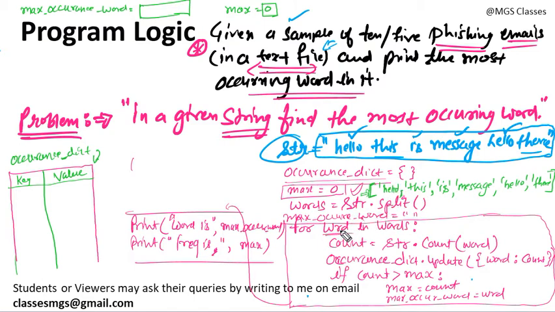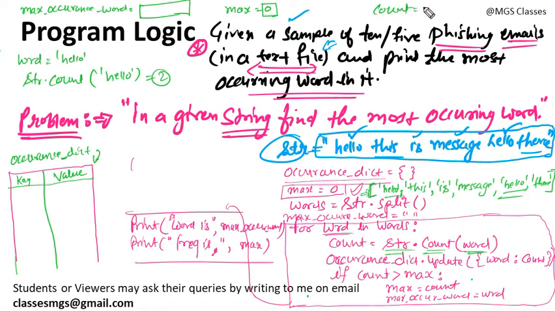You should know how to iterate this list. So first time hello will come in this word wrd. So wrd will become hello first, and then you are going to call str.count word. So with str.count, you are essentially counting hello. How many times hello is repeated in this string will be returned by this count method. You need not worry about how it is going to calculate. It will return 2, because it is occurring 2 times, and we are going to store that in the count variable. So your count variable will have the value 2.